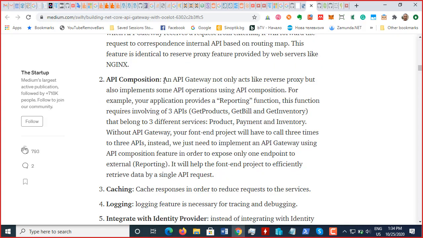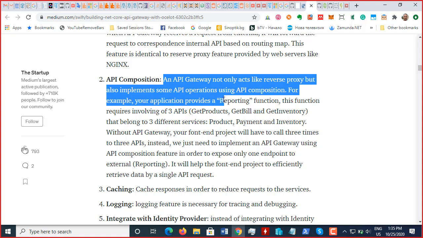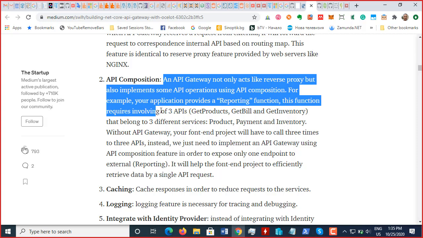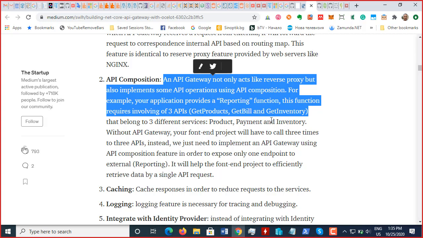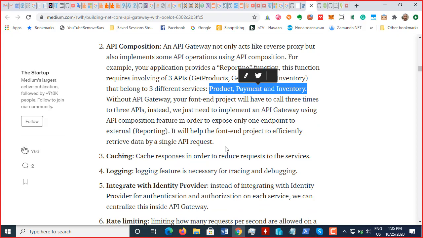API composition. An API gateway not only acts like a reverse proxy, but also implements some API operations using API composition. For example, your application provides a reporting function. This function requires involving three APIs: get products, get bill, and get inventory, that belong to three different services: product, payment, and inventory. So you have on the back end three services which the application of the client should access in order to answer one simple question. Instead of that, you can compose all these three services on the API gateway, and the